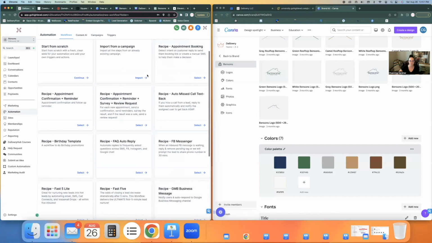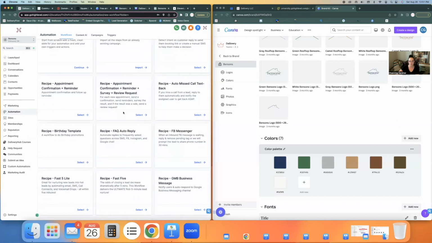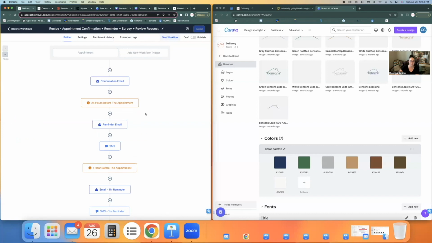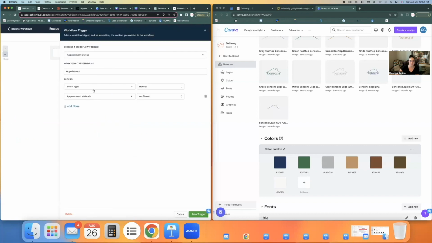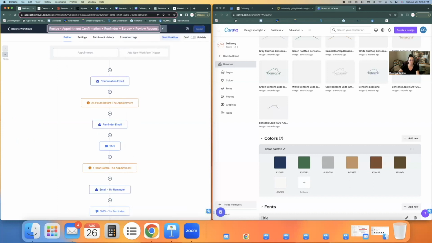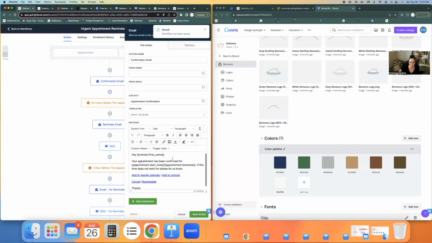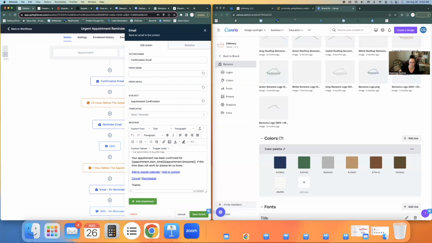So we're going to create a workflow. I like appointment confirmation, reminder, survey, and review request. It just is the whole kit and caboodle. So when an appointment is booked, and this one we can do urgent appointment reminders, save. You can come in and change these confirmation emails and all that. We don't need the time zone